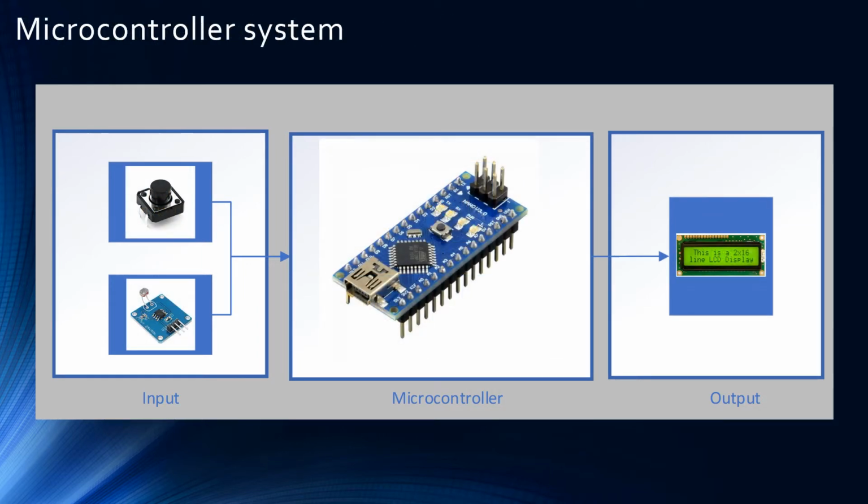Okay. For better illustration, I changed from the block diagram into the real hardware, a photo of the real hardware. You can see here, the microcontroller looks like this. The output is like this. This is just an example, the LCD. The inputs can be like this, which is push button and the light sensor.